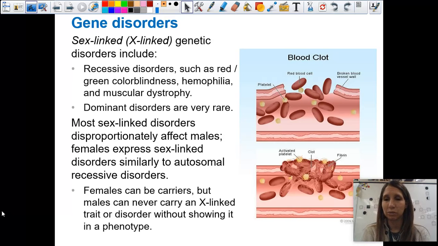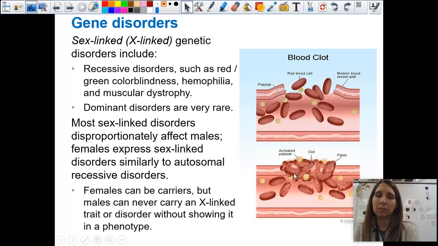Hemophilia is a bleeding disorder, and the picture you see here on the right is of exactly what happens in a normal individual and an individual that has hemophilia. The difference being, in normal individuals, we have the ability to clot our blood. We have platelets and fibrin and other types of small proteins that help to coagulate red blood cells if you have a cut, and hold them in place to allow you to form scabs and then heal that wound. People that are hemophiliacs don't have those activated platelets and fibrins and other proteins that are necessary to clot